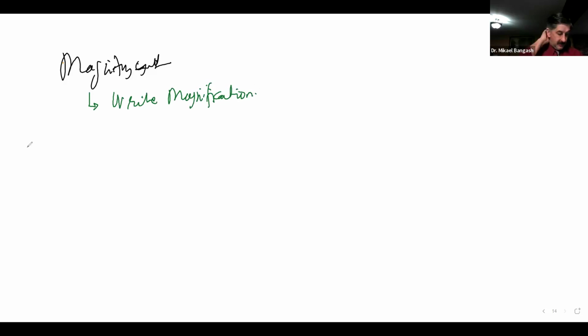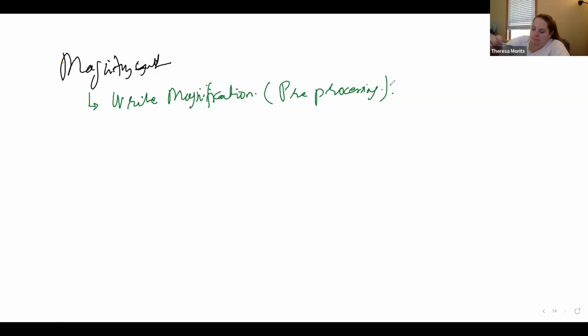And just to try to make it even simpler, we can say the right magnification is going to be an example of what we call pre-processing. Did you guys get that? Good. And what we further can say about right magnification, which is an example of pre-processing,